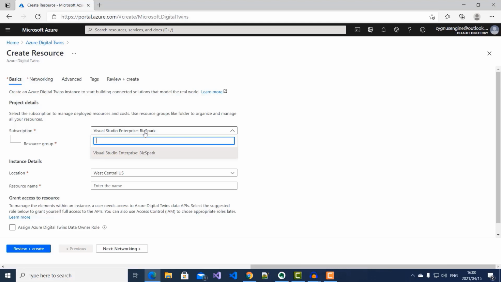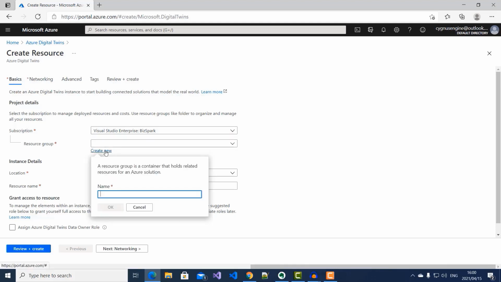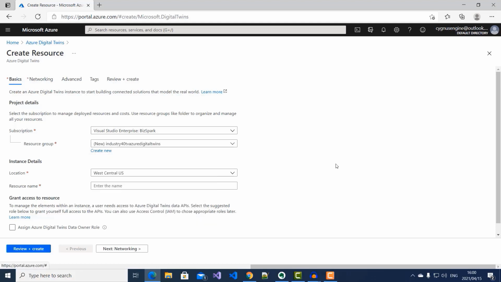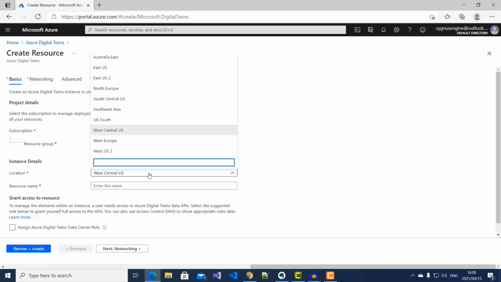So here I'll select my subscription and then create a new resource group. So I'll call it Industry 40 TV Azure Digital Twins, and then select OK. And then I'll select the location